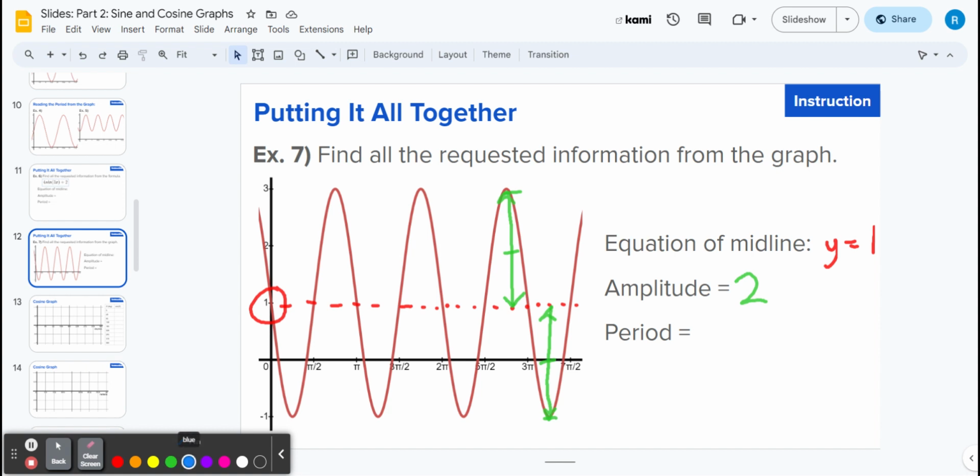And finally, the period. I'm going to use that tracing method. So I know I start at 1. And I'm going to trace my graph: we go down, we come back to our starting point, but we don't want to stop here, right? Because we want to get one full rotation. So we go up again, down again, back to our starting point. And that lines up with pi. And so my period is going to simply be equal to